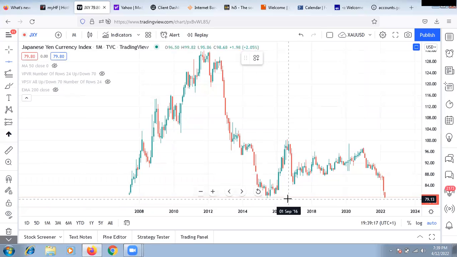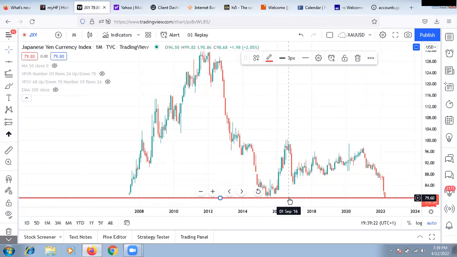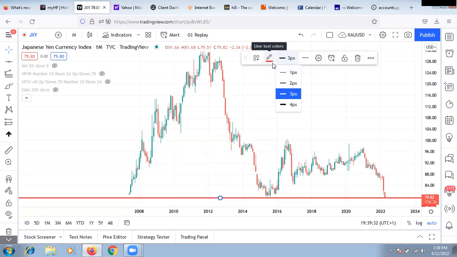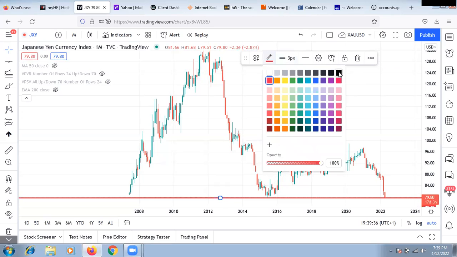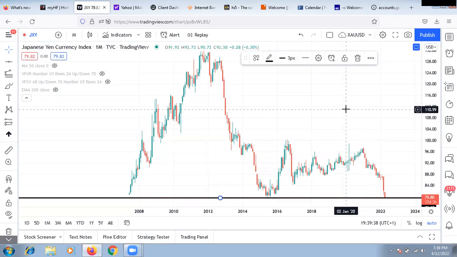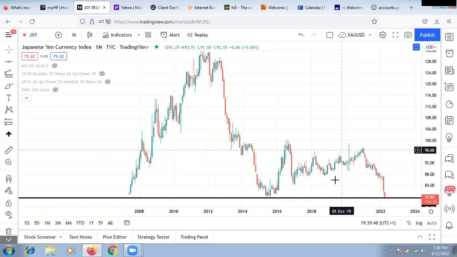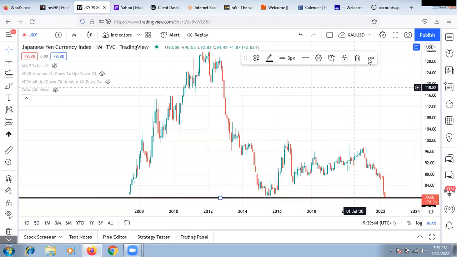If we bring a line down here, now if we bring a line down there, let me use black for it. I'm really taking it as fast as possible. So black for it, and that's where price is at the moment,